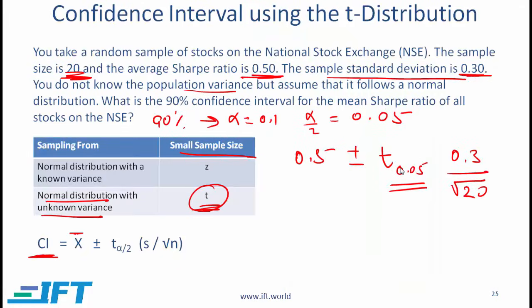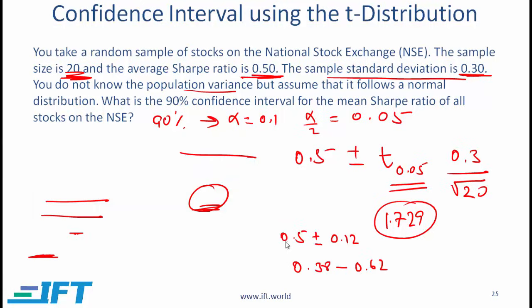Now you plug this back over here. So t is 1.729, and you can do the maths. Your confidence interval is 0.5 plus or minus 1.729 multiplied by 0.3 over 20. So let us solve this. You will get 0.5 plus or minus